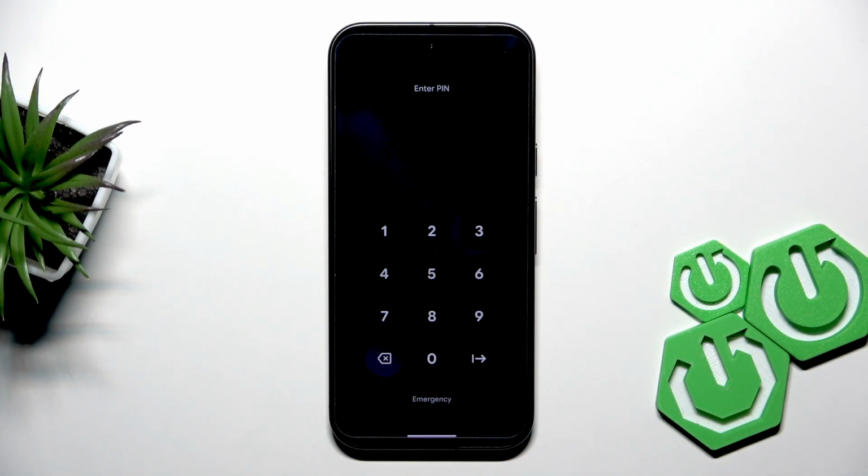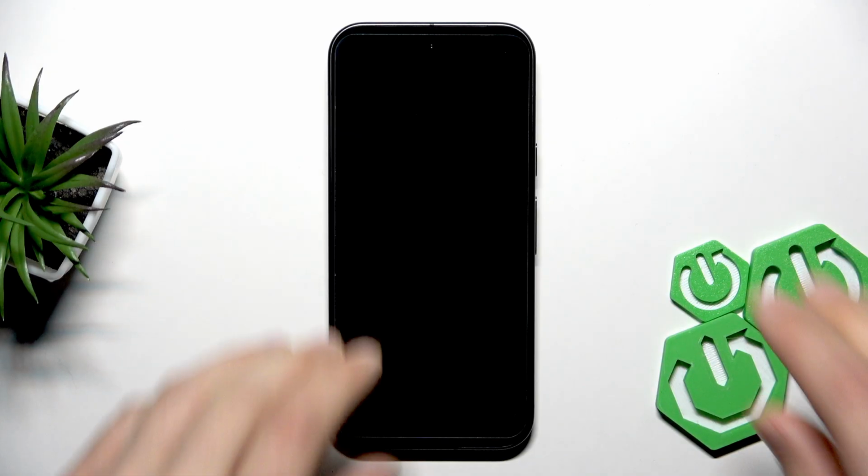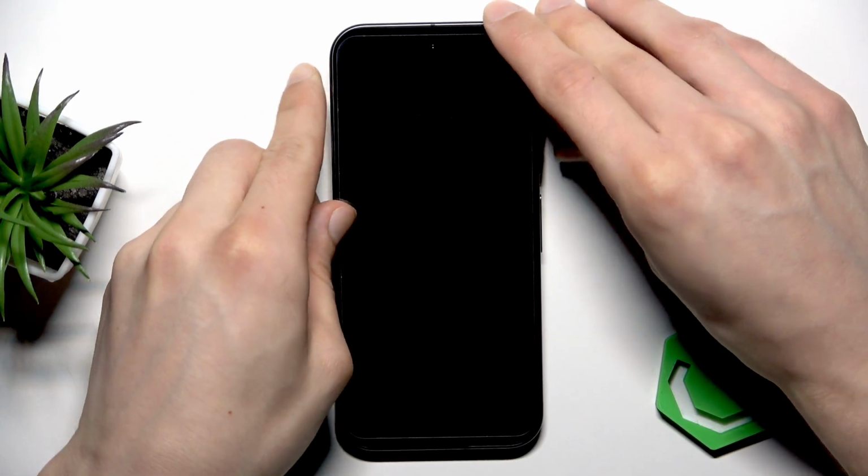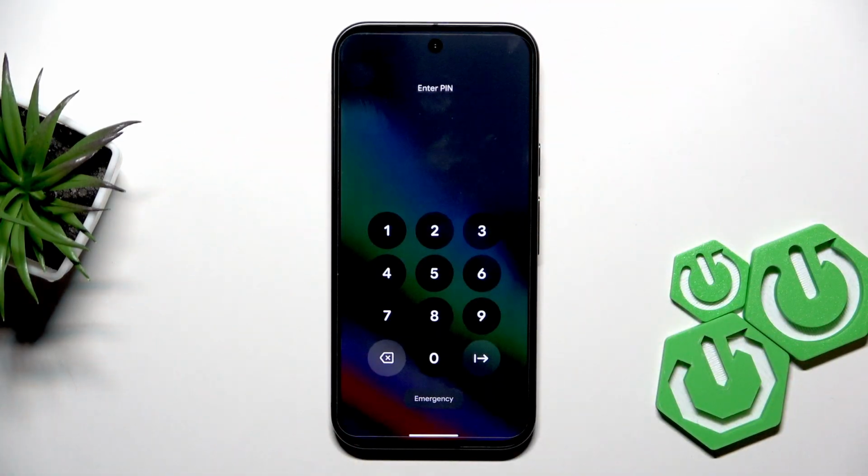The first thing I want to tell you is a quick notice that you're trying to enter the security PIN code and not the SIM card PIN code to your phone. These two are often mistaken for each other, therefore I want to mention it. So make sure that you're trying to enter your security PIN code, enter it a couple more times, give it a couple more attempts,